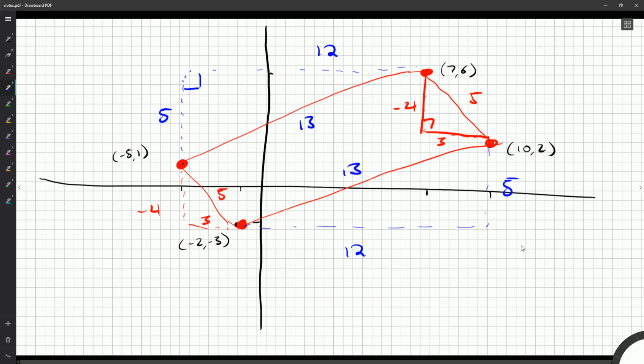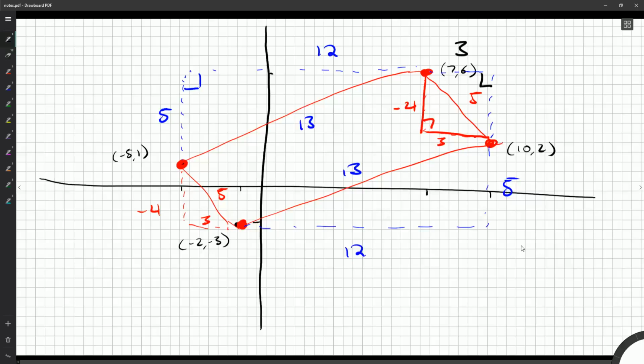Now, it isn't actually a rectangle, is it? Because we don't know that these are right angles, but we do see that this is a parallelogram. It certainly looks like a rectangle, though, but I don't think it actually is. We want the area, and it's not a rectangle, unfortunately. But